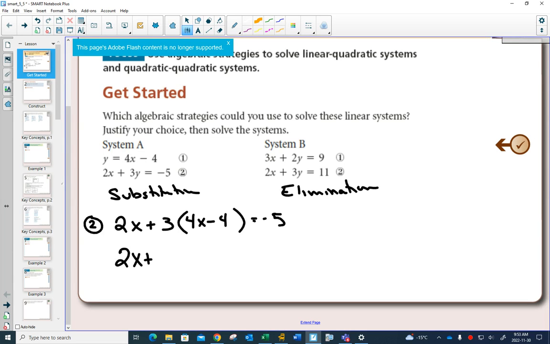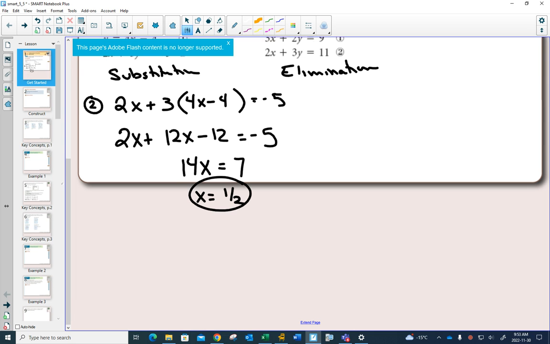Can you put your like terms together? I'll distribute this 3. I'll put my x's together, so I get 14x. I'll add 12 to both sides. It'll give me 7. Divide both sides by 14. 7 over 14 is 1/2. And then,